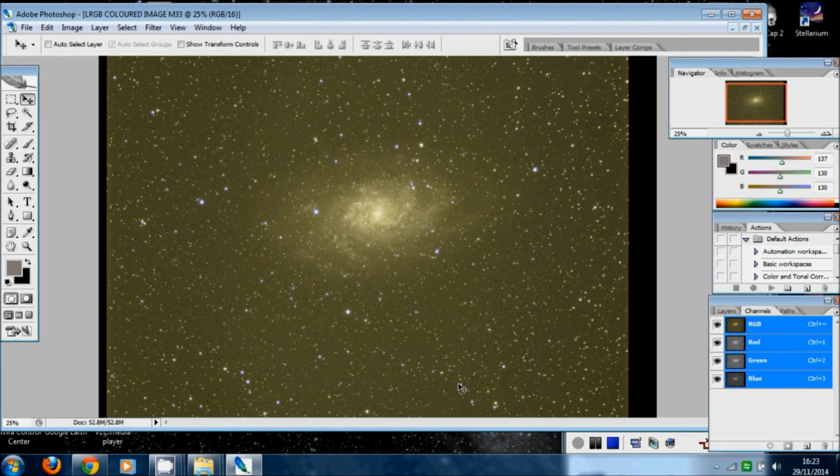For beginners, I recommend using a DSLR or a coloured CCD, but if you're going to use a mono camera and you want coloured stacked images using these separate filters, you will spend more time post-processing, stacking the images and all that, and it takes a lot longer than just stacking a coloured image together to produce a final result. However, when you use LRGB images, you can see already that using this process reveals a lot more